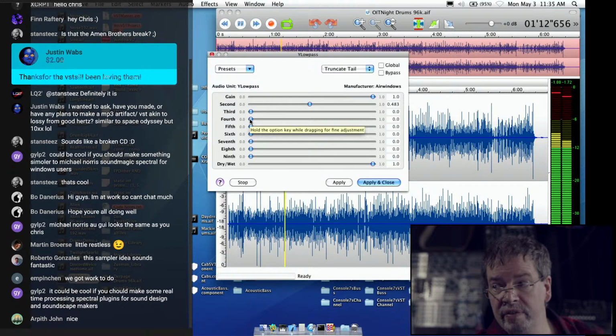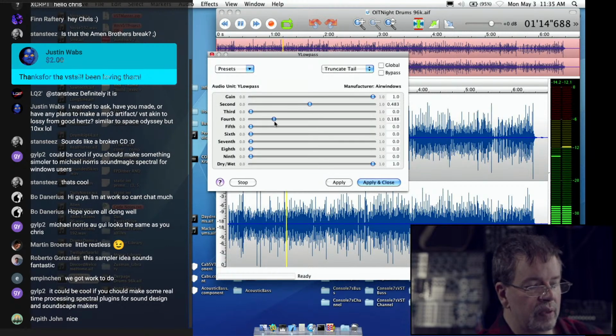0.25 is one stage of filtering, but we're not hitting this with much gain, so we don't really hear anything. 0.5 is 2 stages of filtering. We begin to hear it. I've also got my low frequencies in here. And then as we continue,